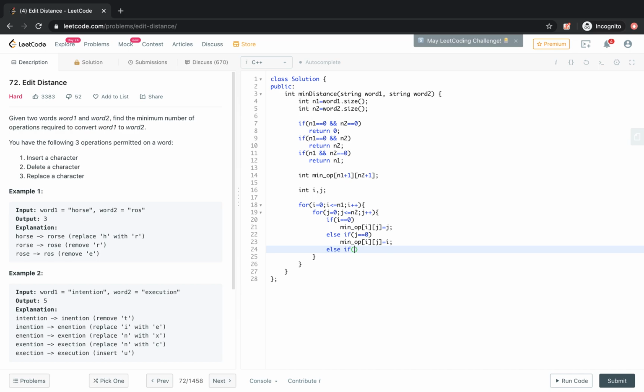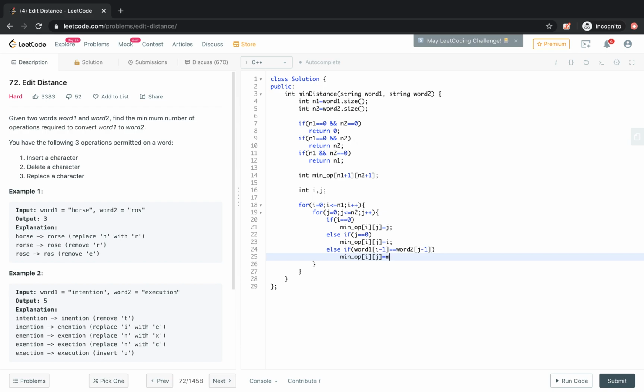If word 1 at i minus 1 is equal to word 2 at j minus 1, so basically we are doing i minus 1 and j minus 1 because we have taken one extra length. When the current characters of both words are equal, the table can be updated with the previous indices, like i minus 1, j minus 1, into i j.